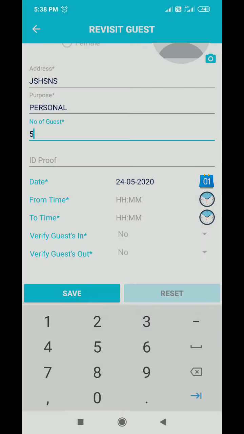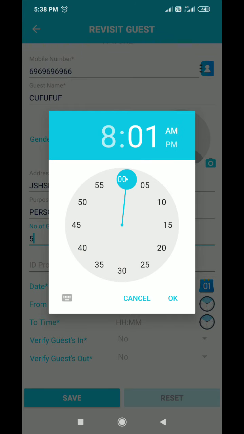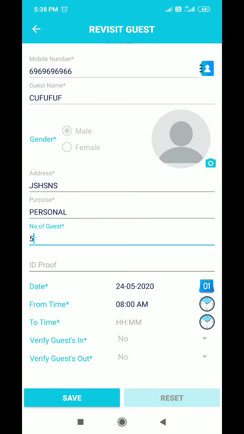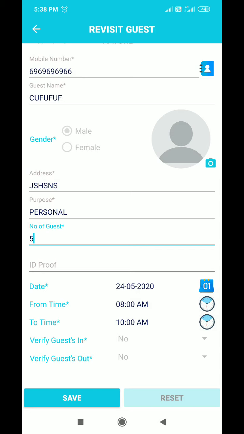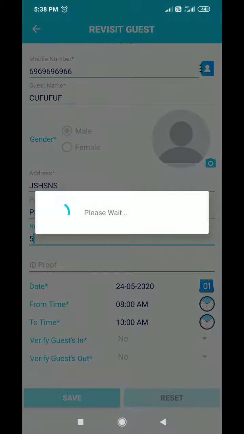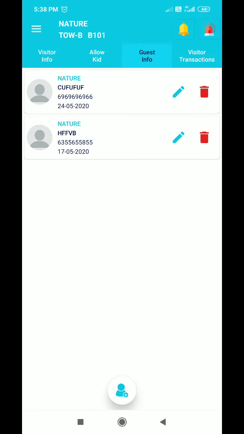I'm going to choose the date and the time, 8 a.m., in between 10 a.m. Good. So this is one of the important features.